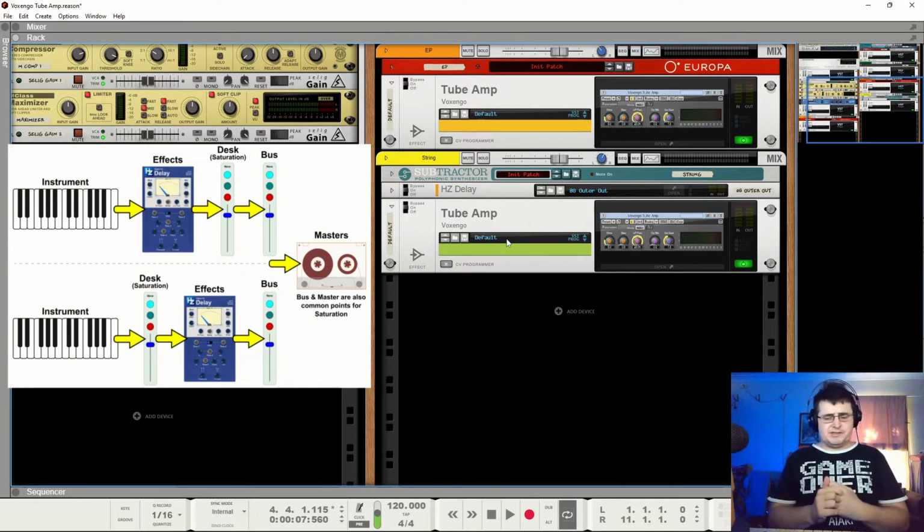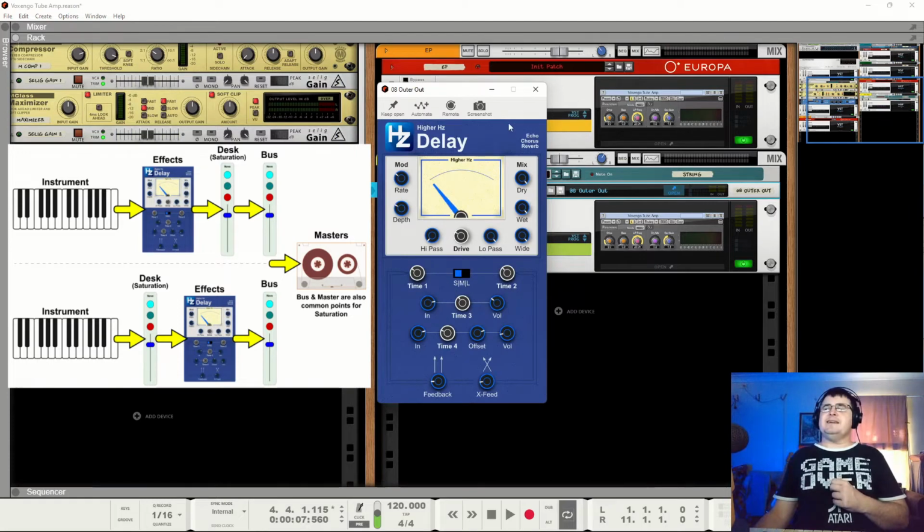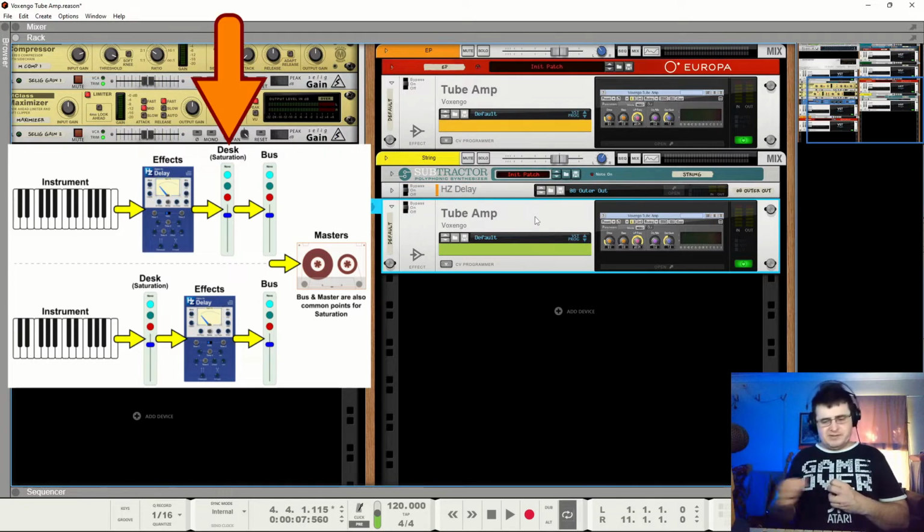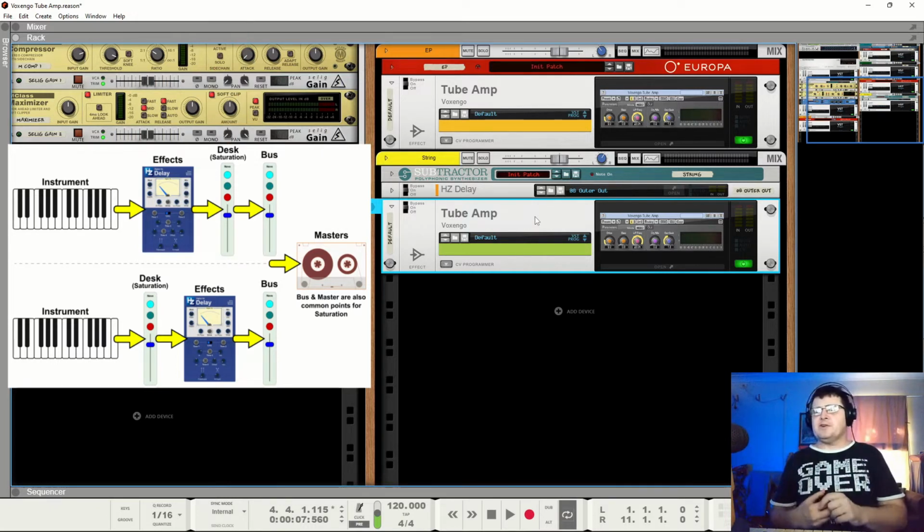There are two approaches. We've got our mythical Neve, we've got our synthesizer, we've got our really lovely effects unit, and we've got this Neve. This represents the Neve. This represents the jack on the back of the Neve where you jam the sound out of your synthesizer through its sound effect into the Neve console. That's the saturation point. So where do you put it? Well, one of two places, and only one of those two places.